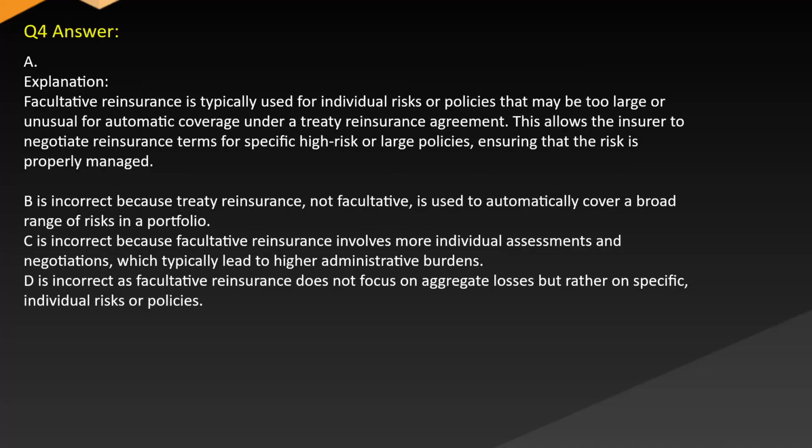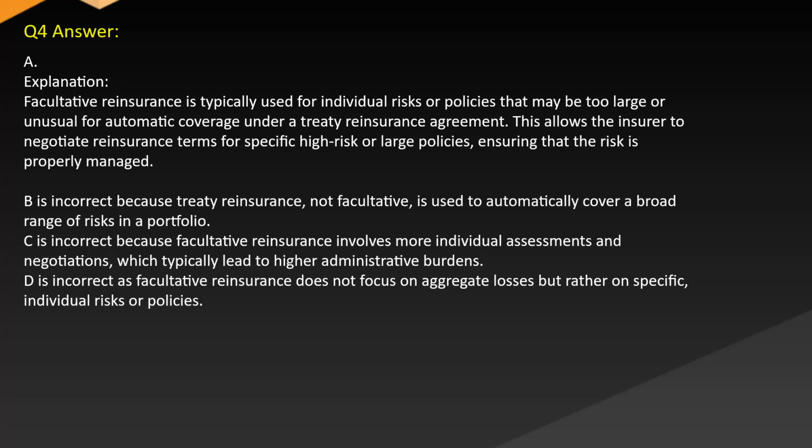Facultative reinsurance is typically used for individual risks or policies that may be too large or unusual for automatic coverage under a treaty reinsurance agreement. This allows the insurer to negotiate reinsurance terms for specific high-risk or large policies, ensuring that the risk is properly managed. B is incorrect because treaty reinsurance, not facultative, is used to automatically cover a broad range of risks in